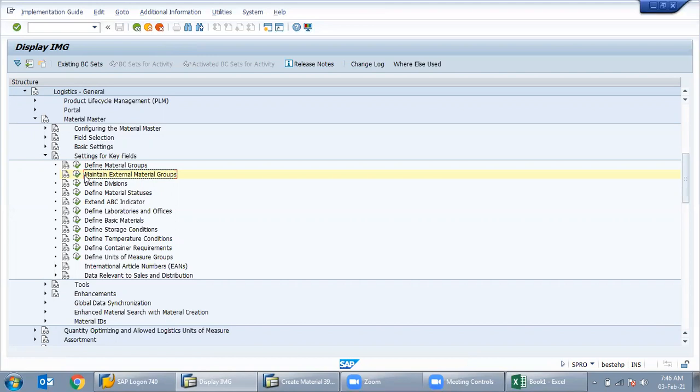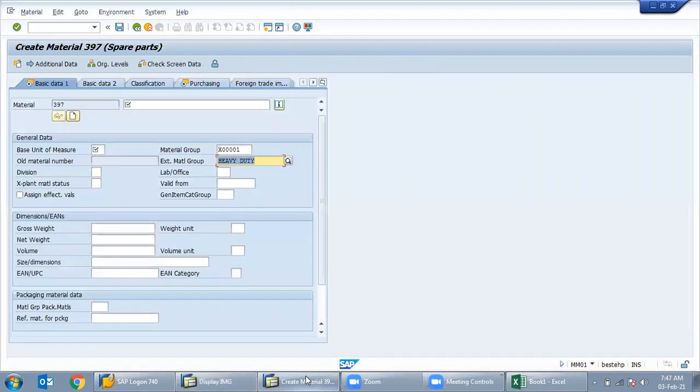Usually in industries, we get the material type and all from the vendor only, so it's mostly used in this part. Yes, because suppose you are buying a laptop battery, there is a part number. Each and every machinery has its own part number, so you have to maintain that in the material master. Suppose you are buying the same material from two, three vendors, but their part numbers are different. So you can also maintain the material part numbers.